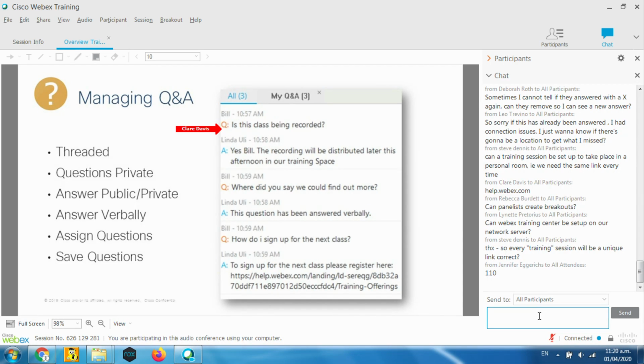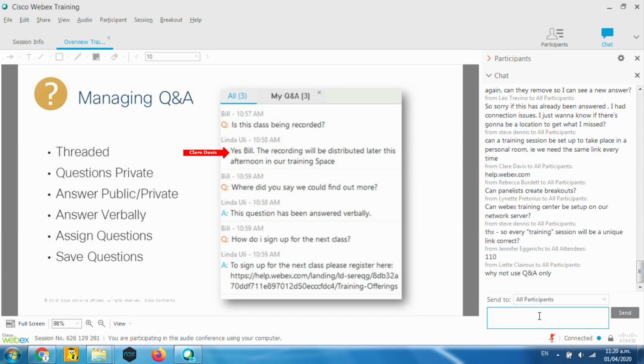So I turned it off because I only wanted one panel to monitor. But if I had some panelists in here, it would be great because then my panelists could be taking the questions, attaching answers, taking the questions, attaching answers. It's my preference. The reason why I don't use the Q&A panel only is the other attendees in the session